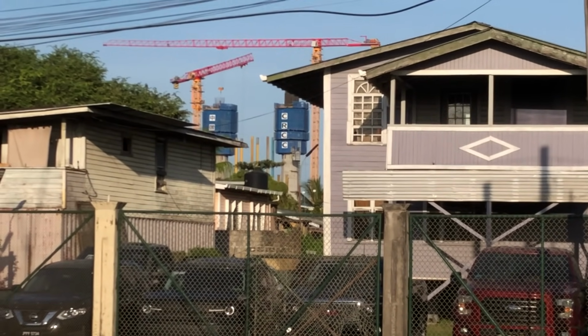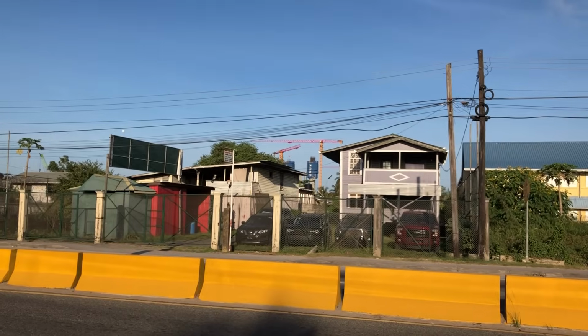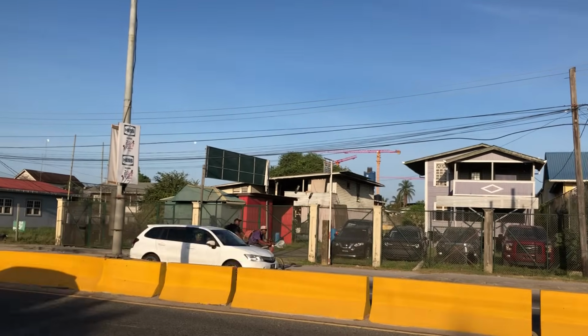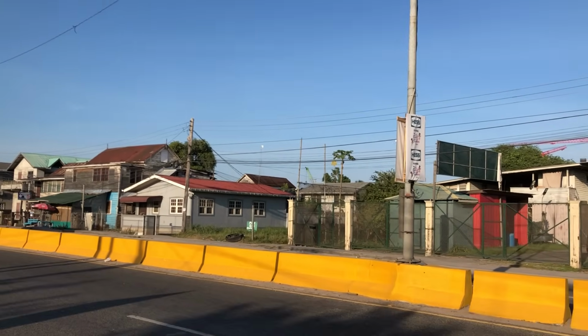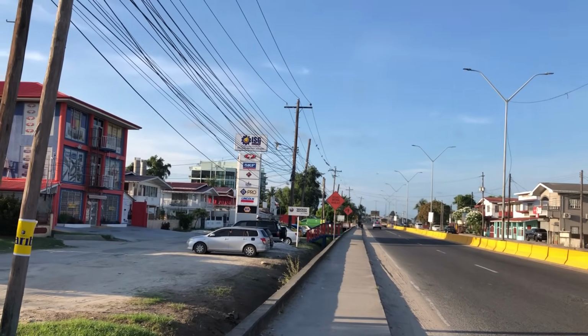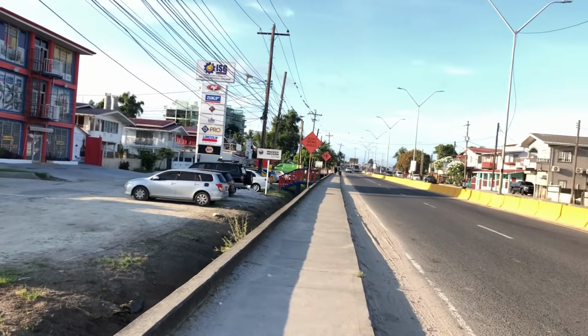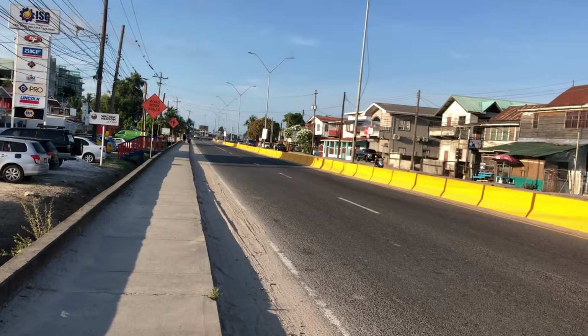So that's the pillars for the bridge. For those of you who still don't understand, the bridge has not yet been built. Only the pillars that will carry the bridge have been built. But you can see the route that the bridge will pass. We are at the East Bank Public Road. We've just passed the